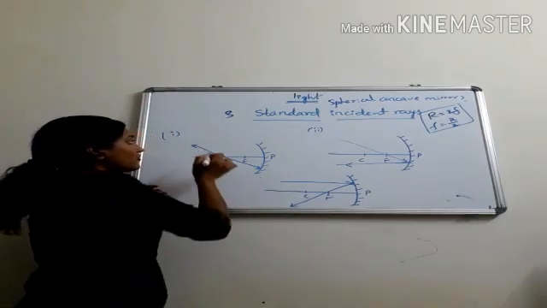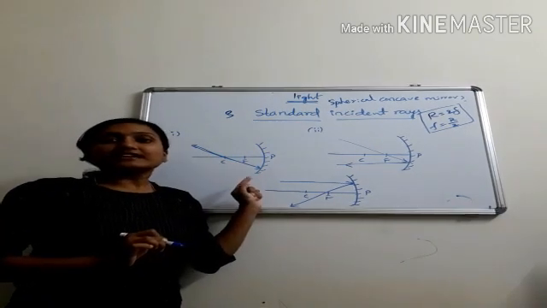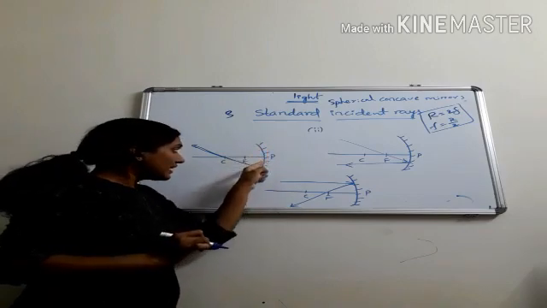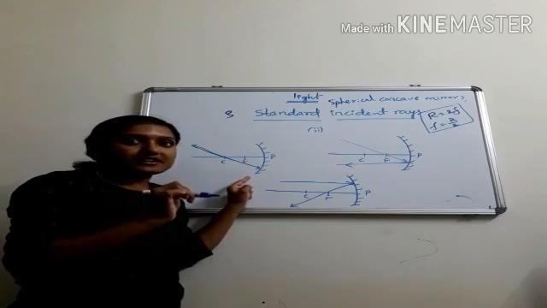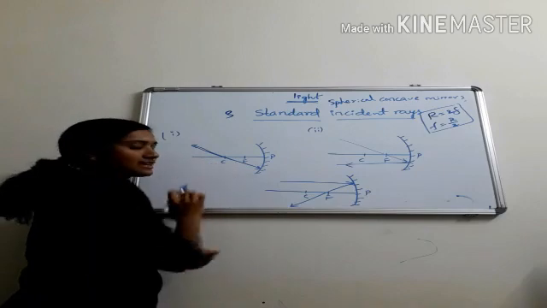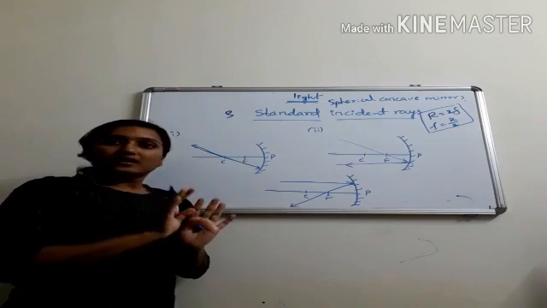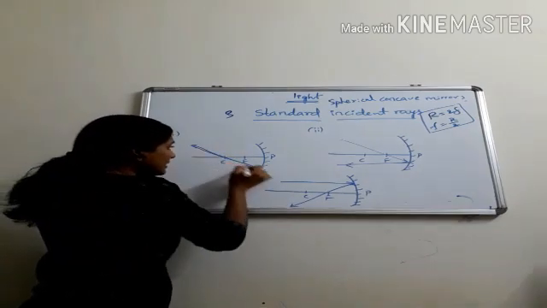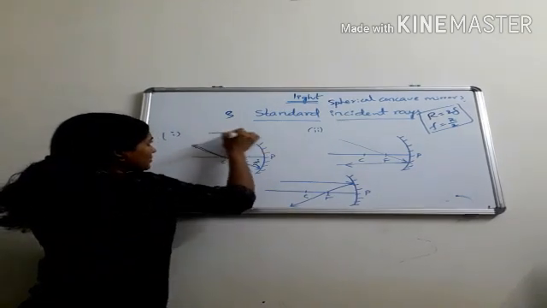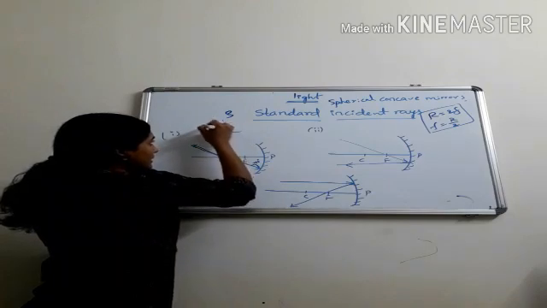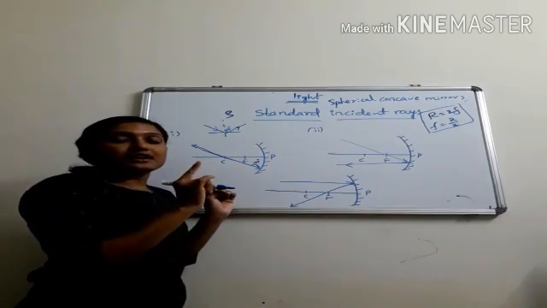When the ray is falling on the center of curvature and reaching the reflecting area of the mirror, what about the incident ray and reflected ray? Look here, this is the center of the curvature, right? The normal will always pass through the center of the curvature. So here it is at 90 degrees, understand? This is the normal, always 90 degrees. This is the incident ray and this is the reflected ray. The angle of incidence is equal to the angle of reflection.